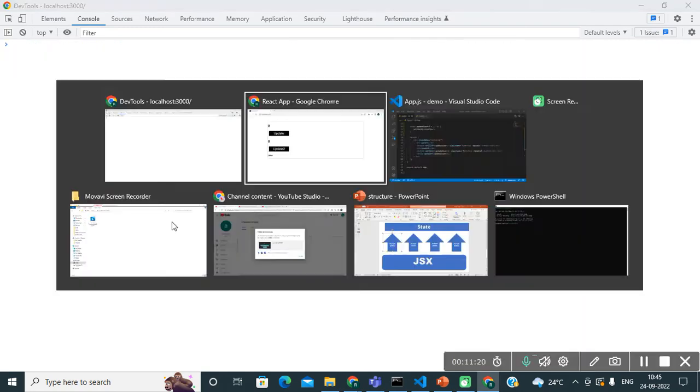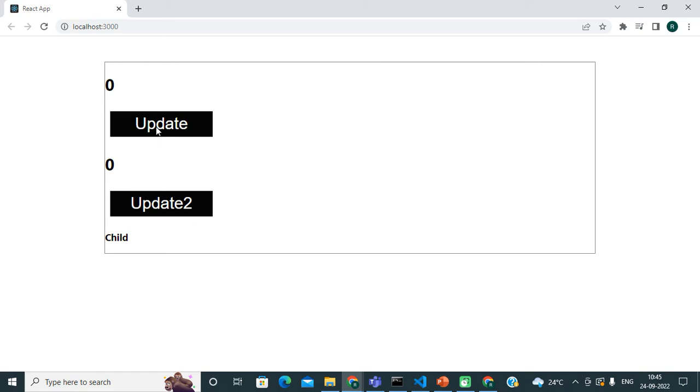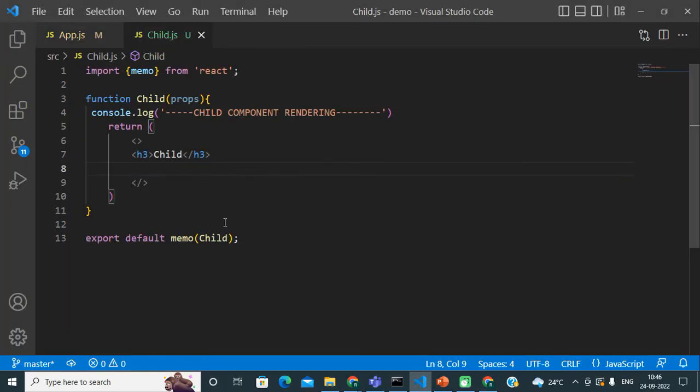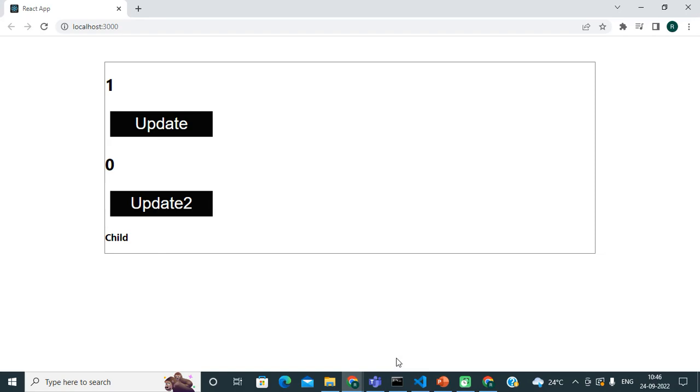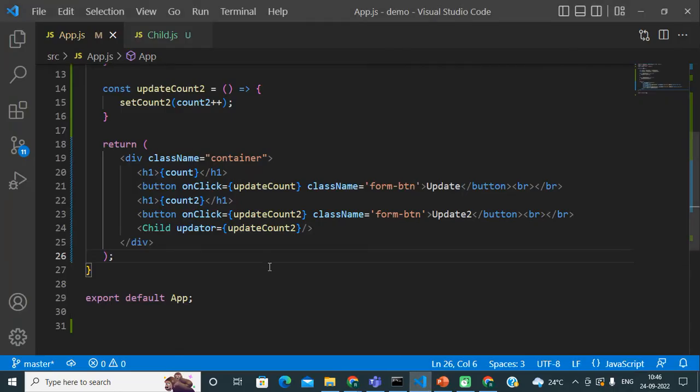Now if I clear the console and update my first component state, you can see our child component is getting re-rendered again. Why is it getting re-rendered now? Because we have already used the memo package. Then why is it getting re-rendered again?